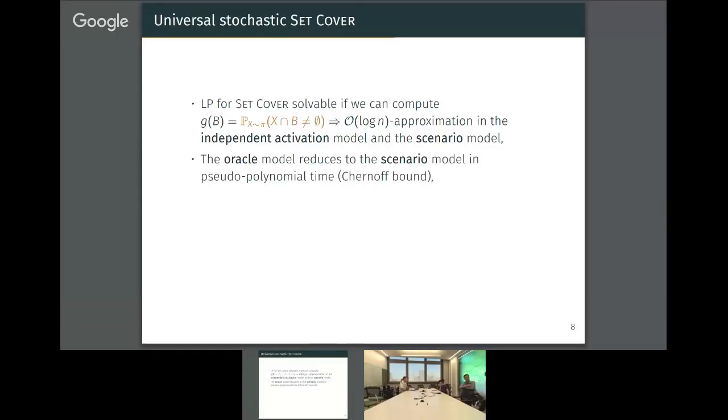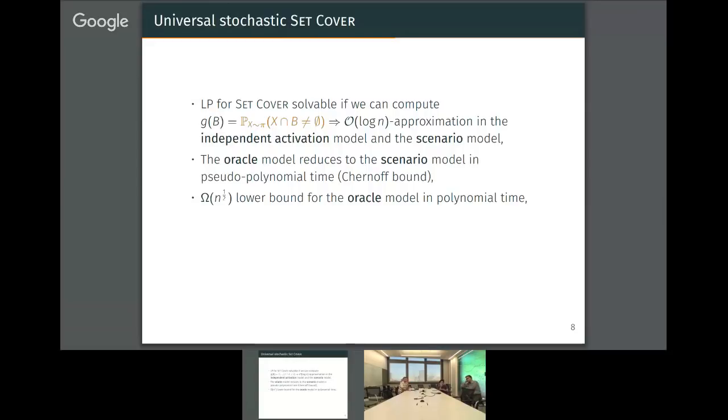For the oracle model, a model where the scenarios are taken from a black box, the algorithm can just sample the oracle a few times, and judging on the results can make decisions. We can reduce it to the scenario model in pseudo-polynomial time. So for unweighted instances we get polynomial time, but for weighted